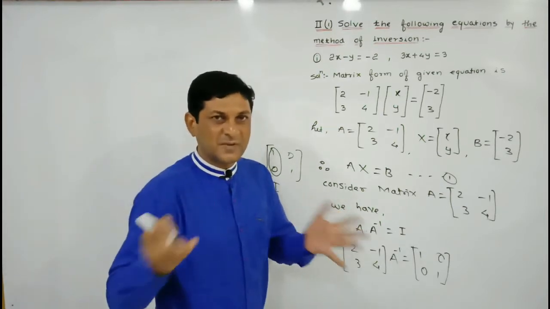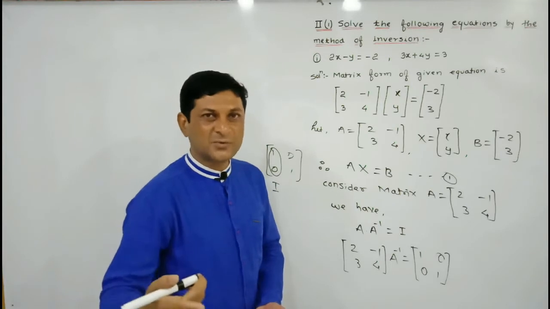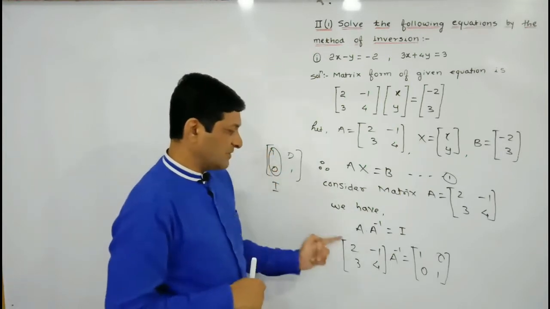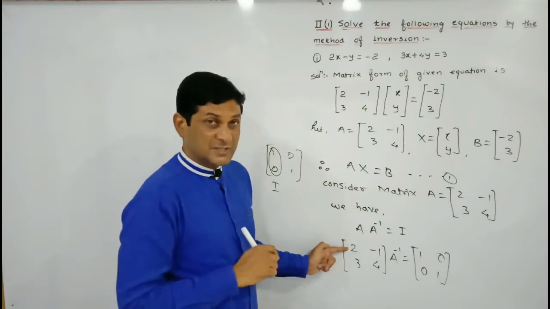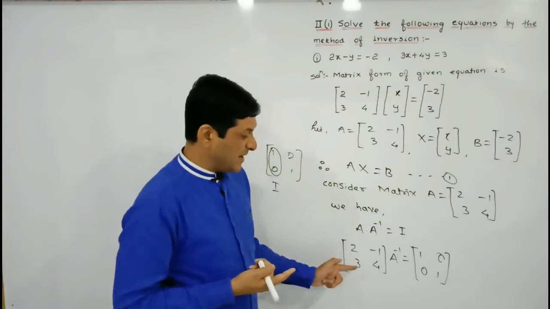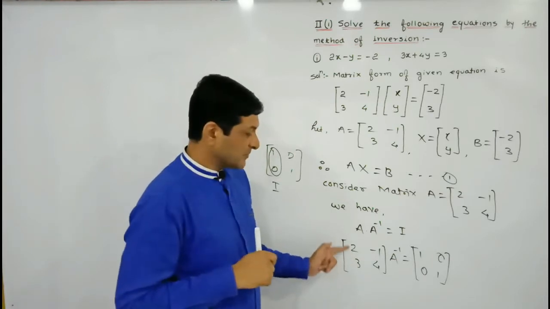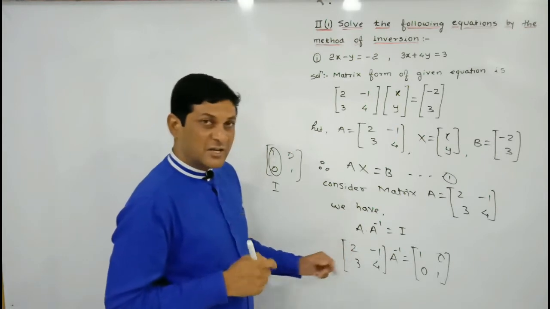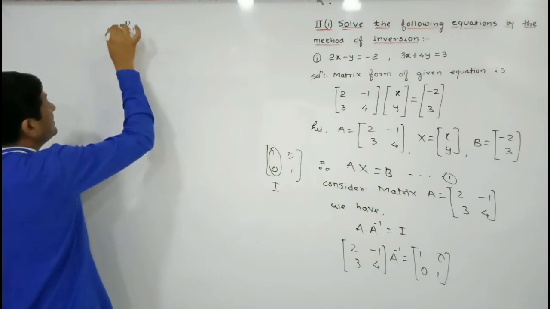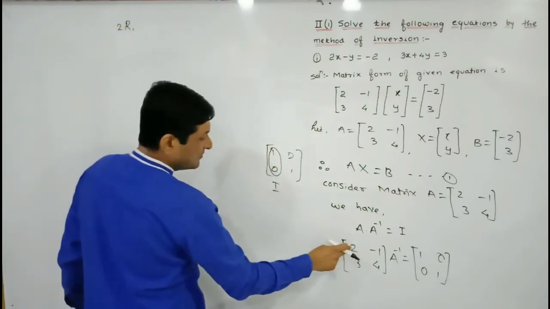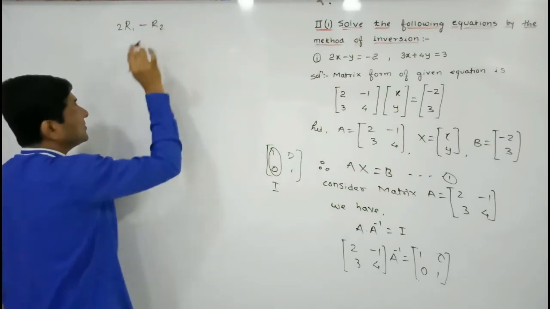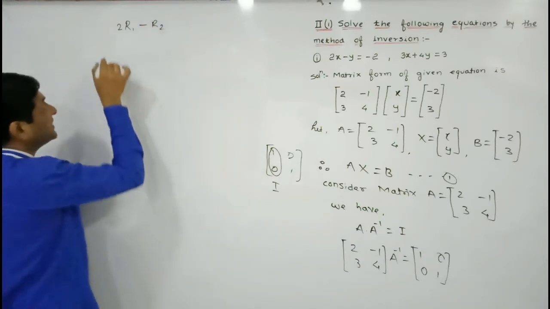Already you are very well aware of the steps which you use in case of row transformation. So here we will require 1 first. As it stands, 2 is there, but if I multiply here by 2, 2 into 2 will become 4, and 4 minus 3 will become 1. Means to get 1 here we have to multiply R1 by 2. So here I am multiplying R1 by 2, so that 2 into 2 will become 4, and from this 4 I am subtracting 3, means I am subtracting R2. Let us perform this operation, see what we will get here.